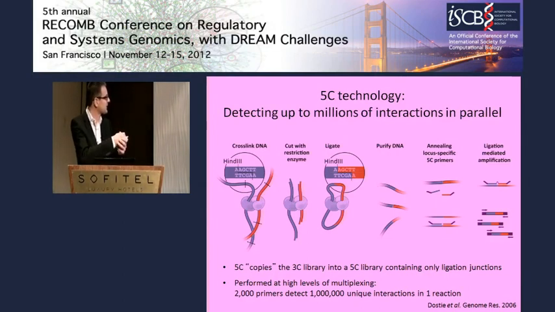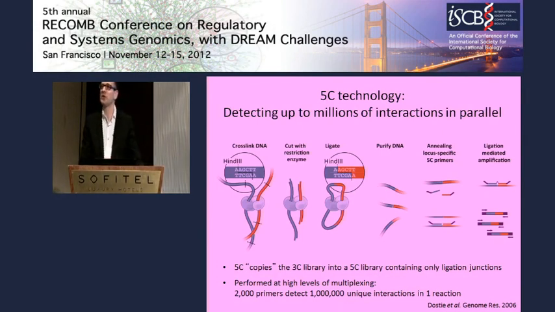It's based on the classical 3C method, which starts with cross-linking cells, just like you would do in a chromatin immunoprecipitation experiment, which leads to linking proteins to DNA and proteins to proteins. So what we're basically doing is we're capturing, freezing all the long-range interactions throughout the genome inside a particular cell population. The challenge then becomes to identify pairs of loci that become cross-linked, and this is done through a series